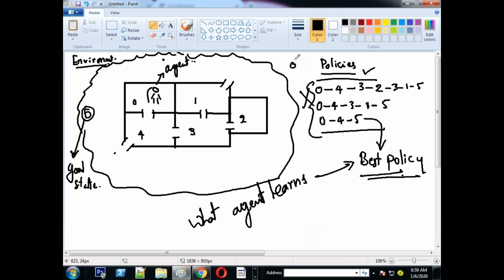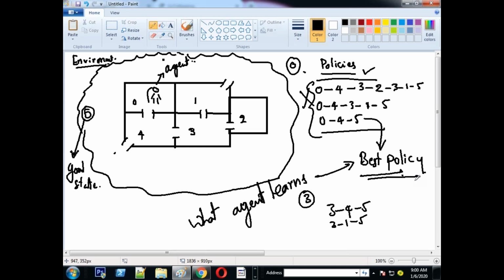If you are starting, the initial state is 0. Come on, you tell me. If my initial state is 3, how many ways can I go to 5? 3 to 4, 3, 4, 5. 3, 1, 5. Which is cheap? Both are cheap. That means both costs are less. You can choose any one at random. Not you, your agent will choose any one at random. Finally, all best policies will be learned. Got the point? So, take the example of a best policy.